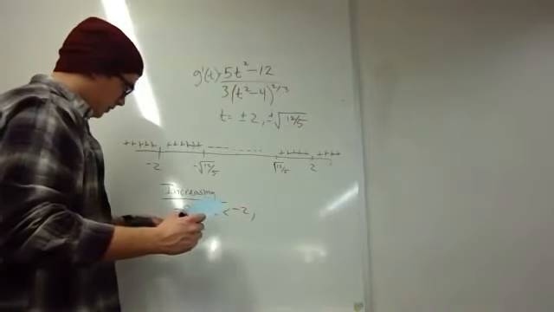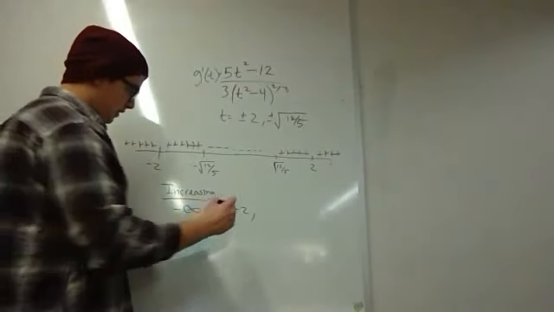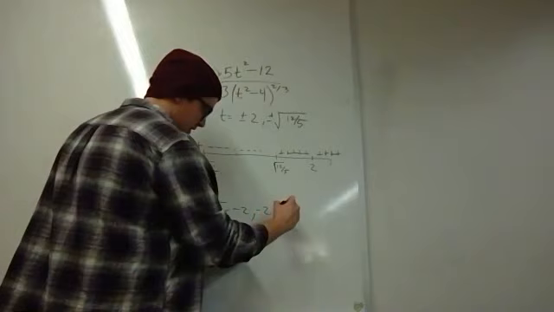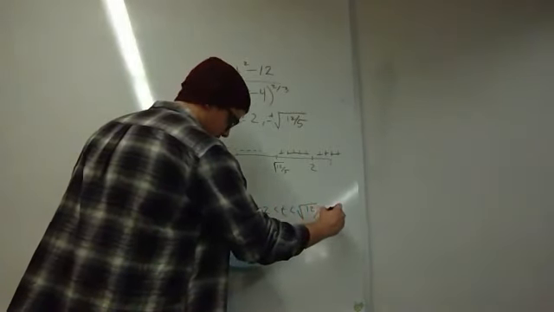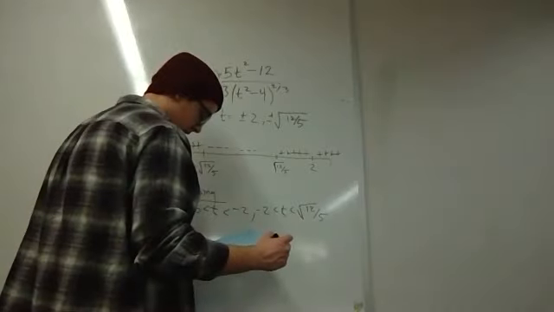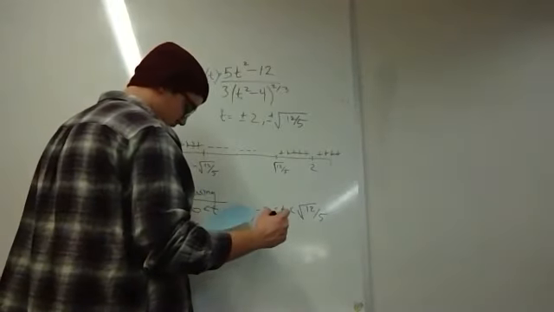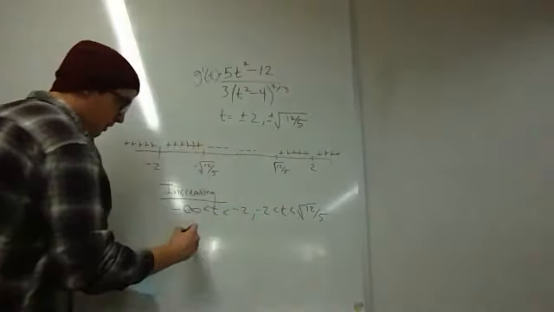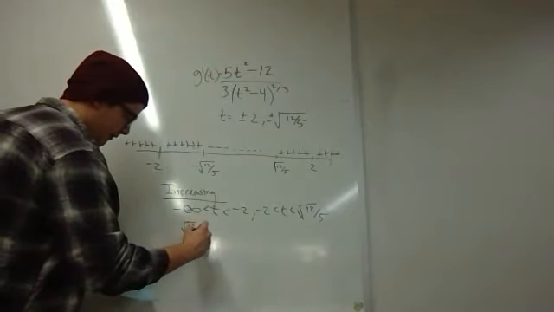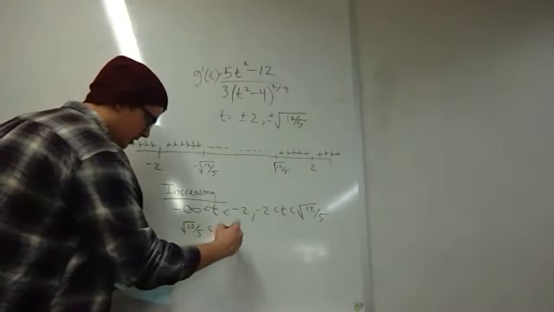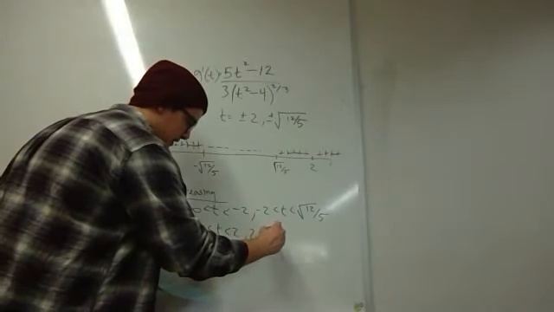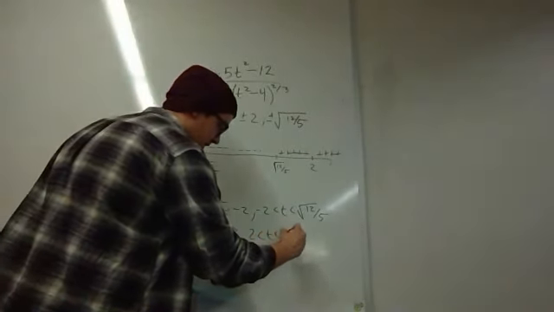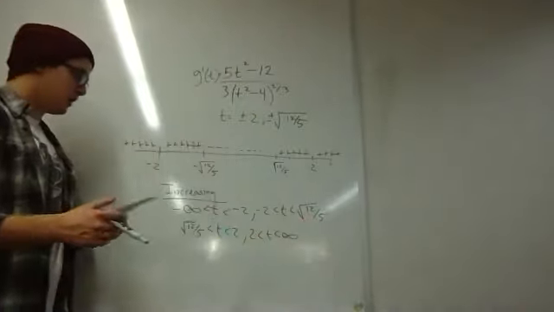It's also increasing from negative 2 less than t less than the square root of 12 over 5. And then it's also increasing from the square root of 12 over 5, which is less than t, less than 2, and then from 2 less than t less than infinity. Now the reason that we are actually splitting these